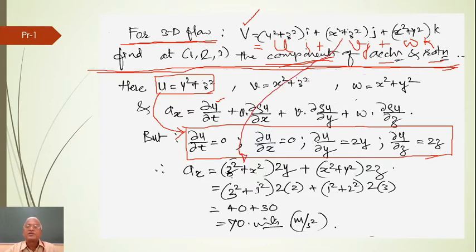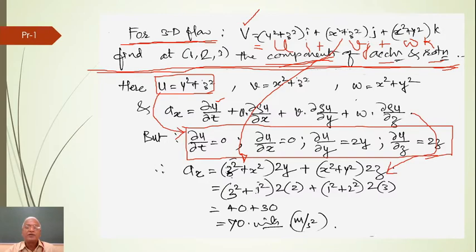These terms are zeros, so (x squared plus z squared) into v into dou u by dou y. So v is there, dou u by dou y is 2y plus omega, that is x squared plus y squared omega, then dou u by dou z is 2z. Okay, now I have substituted in this equation,